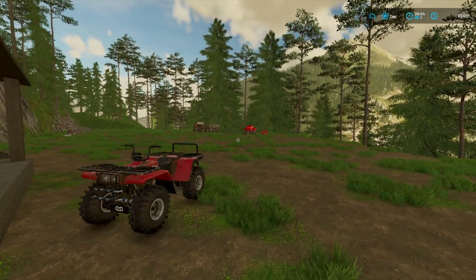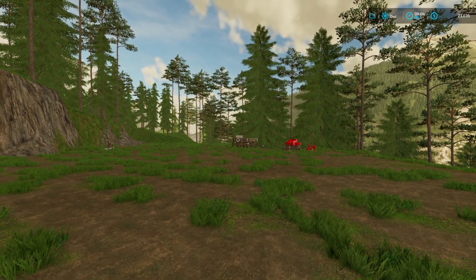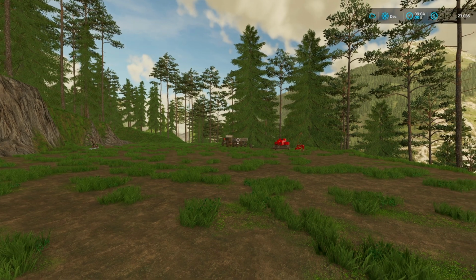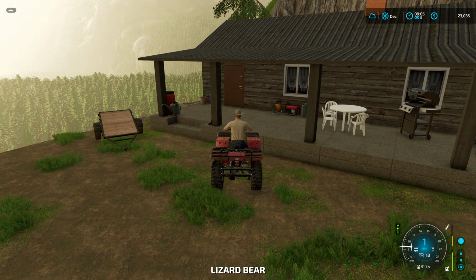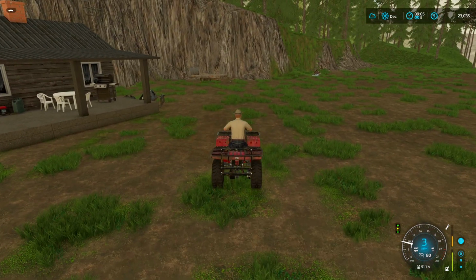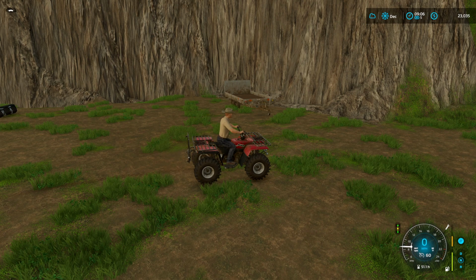Since the last episode, I got a bit more firewood chopped and sold, and we got one full load, the same as what we did previously, so the truck and the trailer full. I also tracked down a gooseneck trailer, which I ended up buying for $3,000. Now, the trailer is second-hand and well used, but I think it's going to work really well for us because it does have ramps on it, but it also has bars that flip up